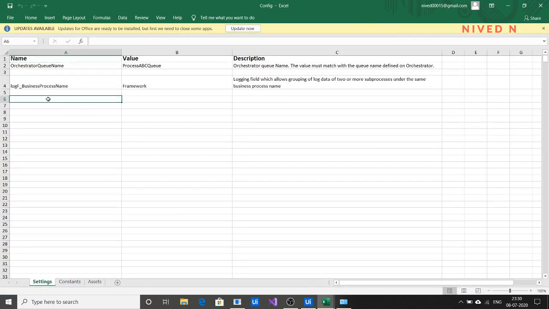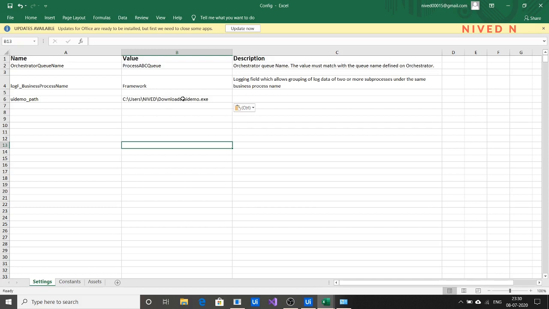Here just give it a name, let's say application UI demo path, and the value should be the path of the application. Just copy it. So this is the path.